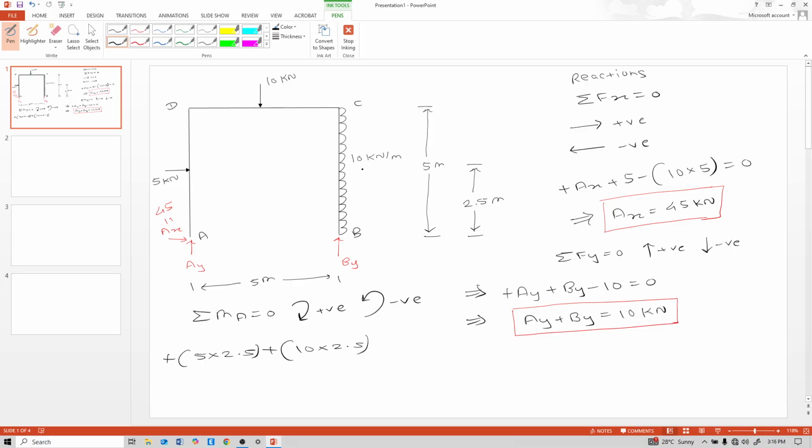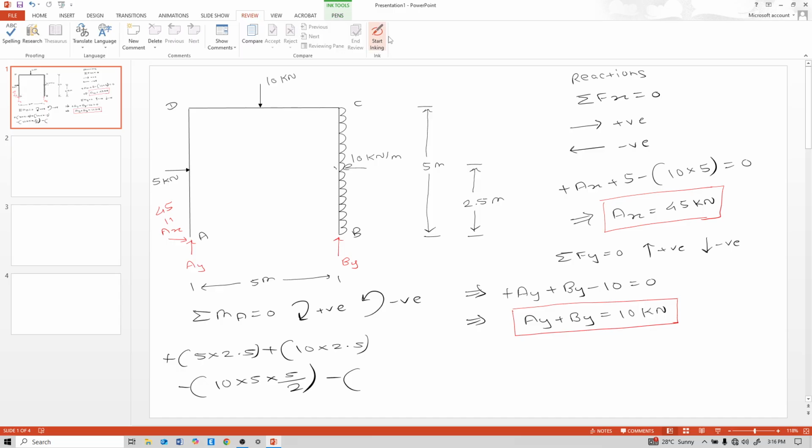See this 10 kilonewton per meter, that means it is anti-clockwise to that A. So minus 10 into 5 into 5 by 2. So see 5, 10 and this By, minus By is also anti-clockwise. So minus By into 5